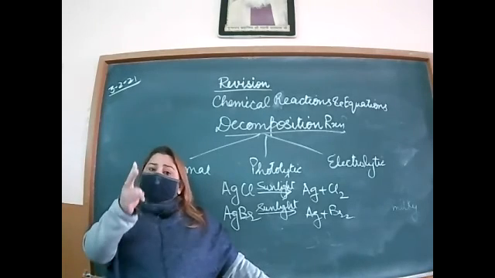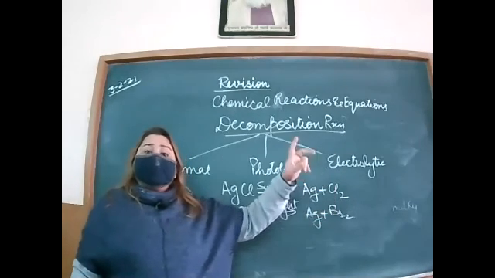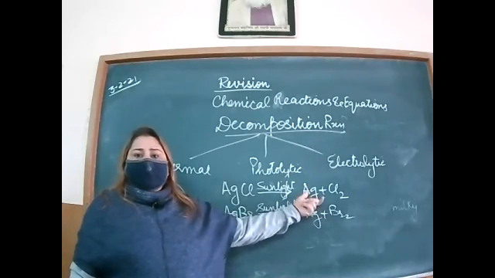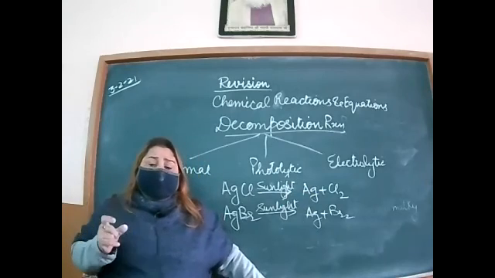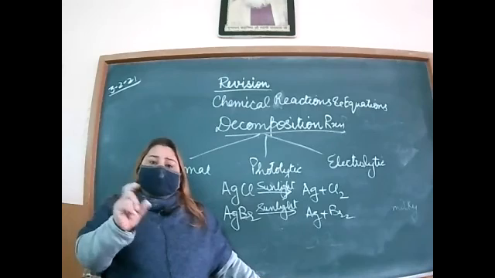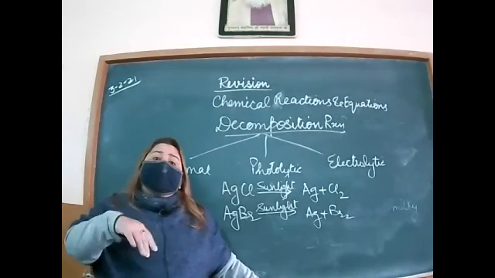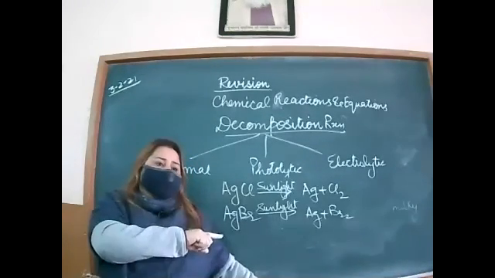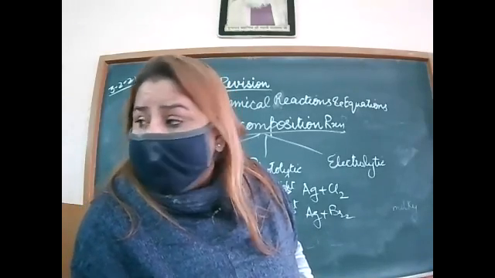Okay, a question can be in two ways. If they had written that chlorine is used for disinfecting water supply and the other element used for making jewelry, then it's okay. If the question comes that chlorine is used for disinfecting water supply and it is used in the preparation of a compound that is used as a bleaching agent, or in the textile industry to bleach clothes, again that is the bleaching, right? Brown color.